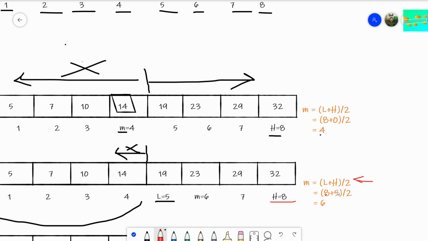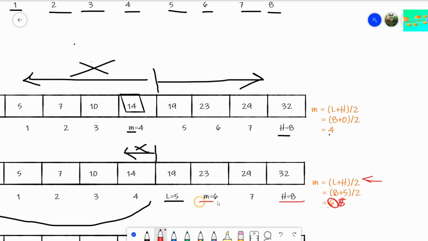Now, 8 plus 5 by 2, you will say 6.5, but 6.5 isn't a valid index number in our array, right? That cannot be possible. So whenever this kind of situation arises where it becomes 6.5, we just omit the .5 and take the integer part, that is 6.